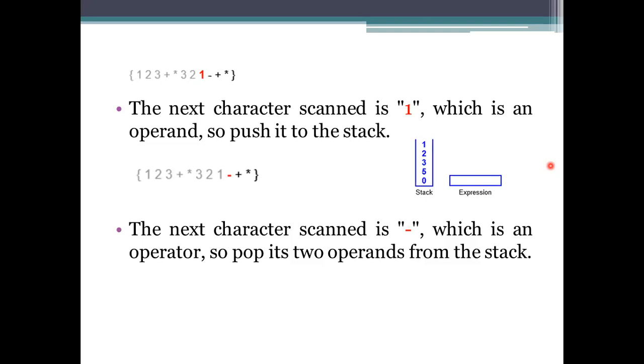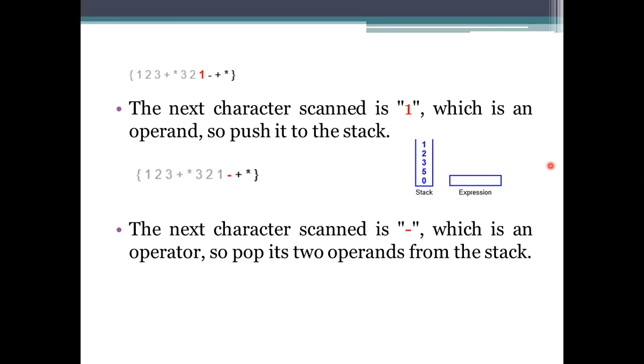After that, the characters to be scanned are directly the operators, which are minus, plus, and then star. So we need to apply these operators on the elements or the resultants that have been placed, in a step-by-step procedure. The first one you read after the 1 is a minus.